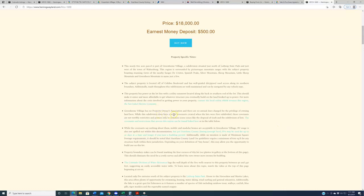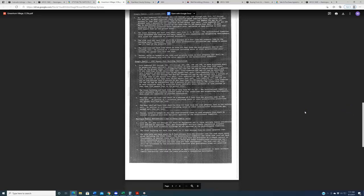The subdivision does, however, have a set of covenants, and if you click on this link right here, it's going to take you to the covenants and restrictions that were created with the land at the time that this was subdivided. It should be noted, whenever you see covenants and restrictions, these things tend to run with the land from now until the end of time. That's at least in theory. When these things are formed, they write these things out, and they are there to kind of dictate what can and cannot be done on the land. We are seeing no evidence that these things are actually being enforced, but pretending for 2 seconds